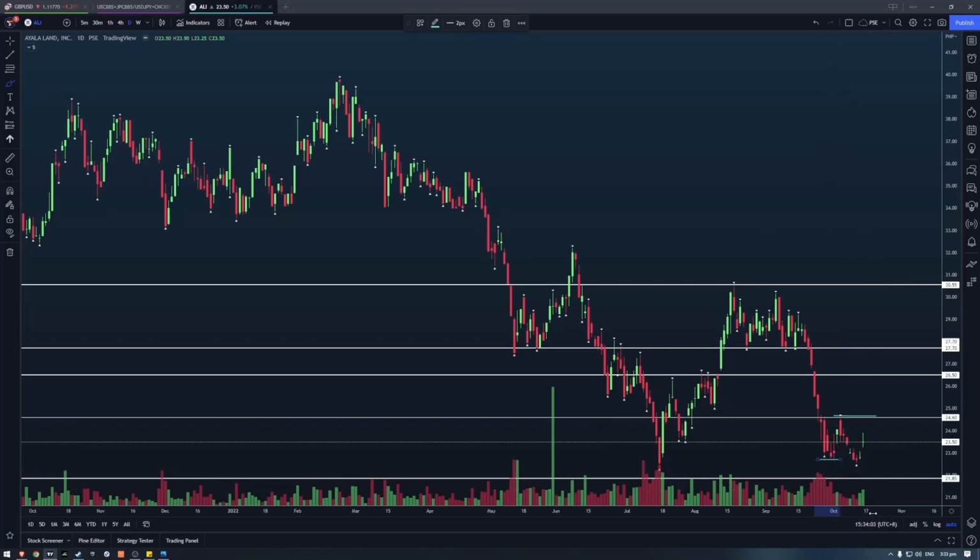Almost got to yung next level of support natin at 21.85 before bouncing a little higher and closing right beneath itong area of support na to na nag-form nung trinay niyang mag-push pataas. Okay? Now, ano yung mga potential scenarios na pwede natin tignan dito sa ALI? Number 1 is maaaring mag-range lang muna tayo dito between 21.85 to 24.6, which to be fair, no, it's not